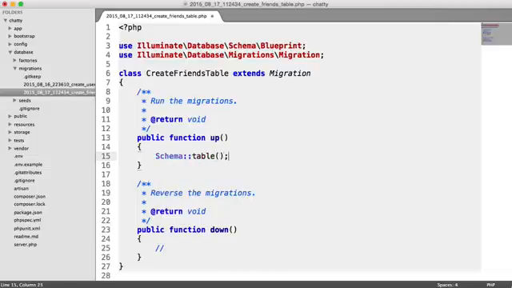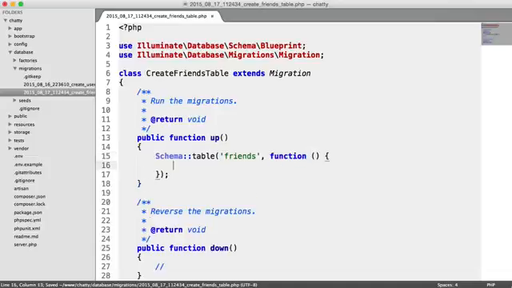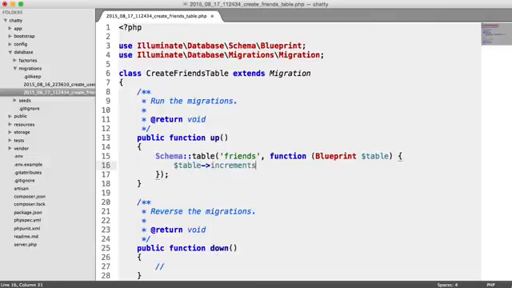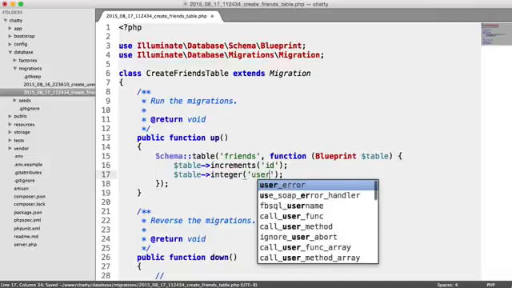So we use the schema builder to create the friends table. We have our callback here. Remember, we type in Blueprint and have our table variable there. So we don't really need increments on here as an ID, but we'll keep it in there anyway. And we are going to have a user ID and a friend ID. These are both going to be integers. So user ID